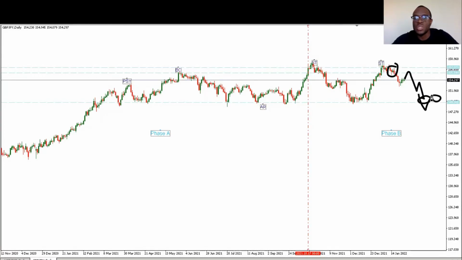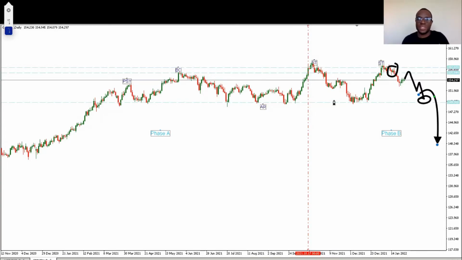So once it holds as a resistance zone, then we might be comfortable to make a short position that will have a higher probability than taking that short from this region or from this region,